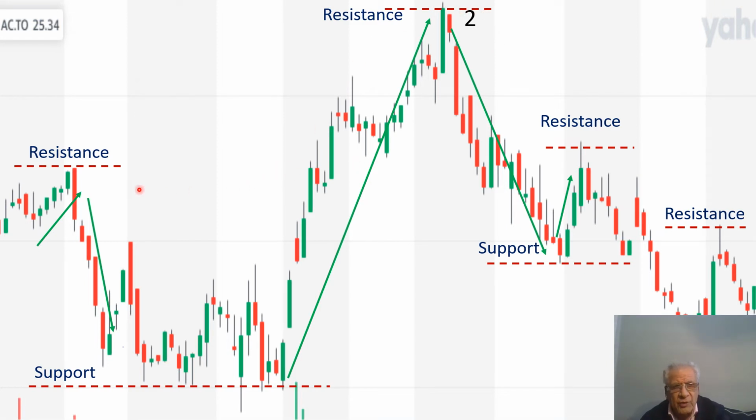Before we proceed, we identify our resistance and support level. You see, I identified them all. This is the original resistance that these 4 touches are in. Now the trend is going upward from here and rejected by this resistance level. These 2 candles are nothing but a bearish engulfing, suggesting the trend reversal. So the trend reverses, and after it reverses here, it starts consolidating,